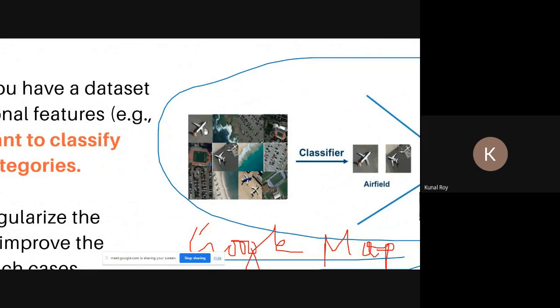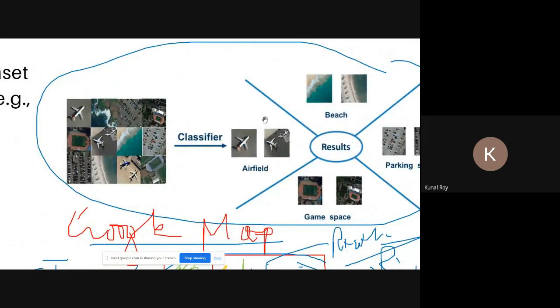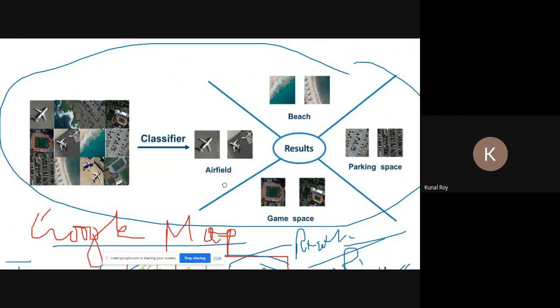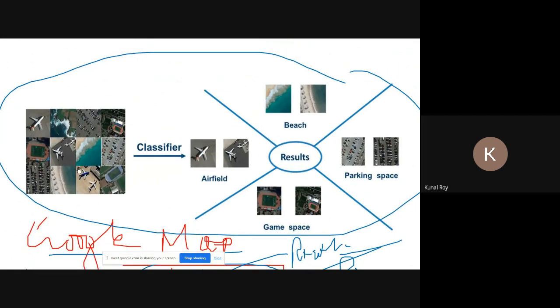In this classification, we can say that these are the airlines. So airlines have been classified into different classes. Suppose this is class 1, that is airfield. These are the beaches, that is the road, sand and river and all, so it is separated into beach. And these parking spaces are separated into other classes. And the game space, that is a stadium and tennis, table tennis stadium and all, these are separated